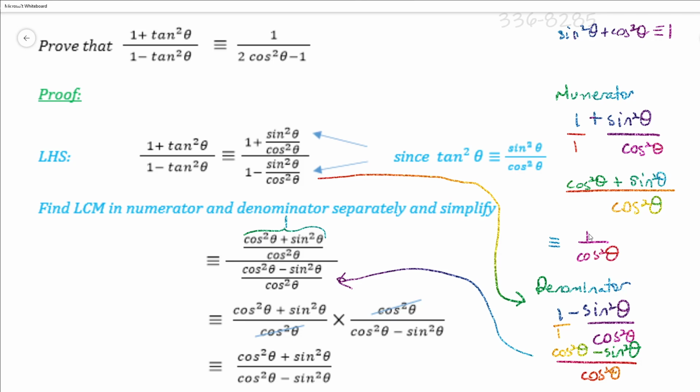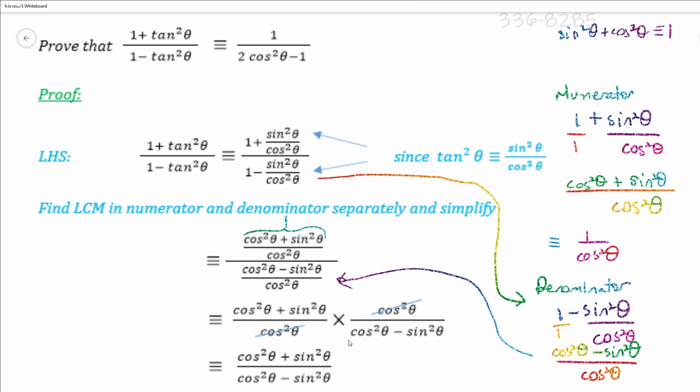Alright, and simplify further. So we have a fraction in the numerator, a fraction in the denominator. When we are dividing by fractions, we know that we multiply by the reciprocal of the fraction in the denominator. Or in loose terms, we can say that we flip the fraction and change the sign to multiply. Alright, so this fraction divided by this one in the denominator, we find the reciprocal and the sign is changed